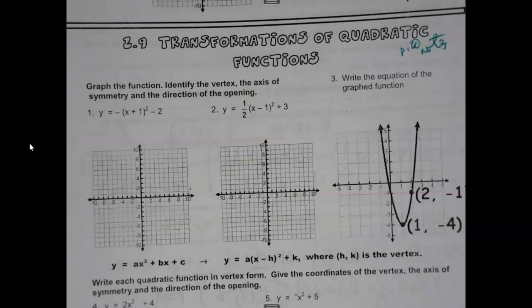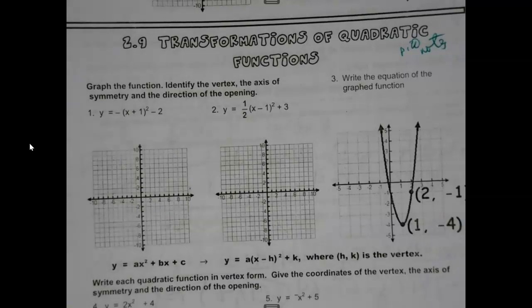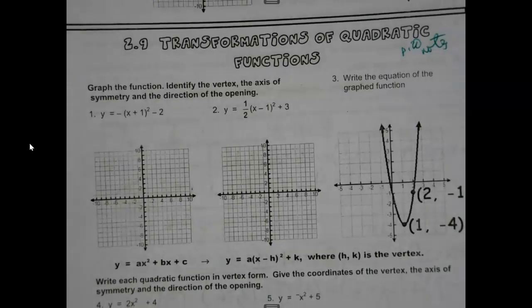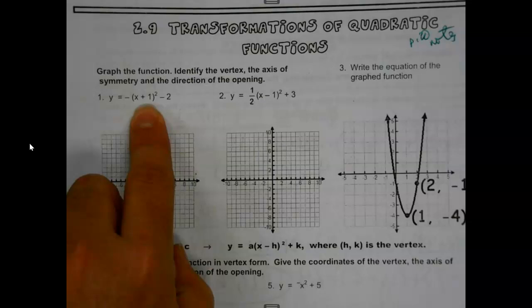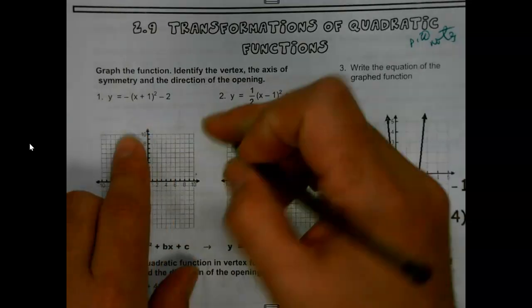Transformations of quadratic functions. The good news, they're no different than every other one we've done. Absolute value, radicals, even circles to a point. So graph the function, identify the vertex, the axis of symmetry, and the direction of opening. I'm going to be honest, we shouldn't need the calculator here. Or if we do, maybe for number 2, because it's a little funky. But other than that, I should be able to look, especially in vertex form, and be like, all right,